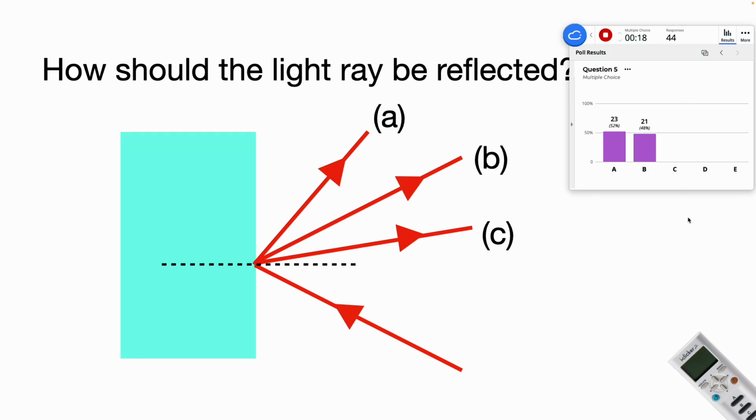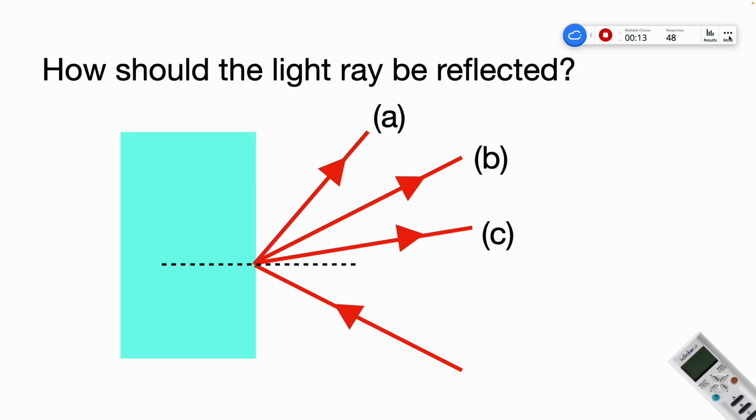Oh, should I bring a projector? Is there a way for you? So put your